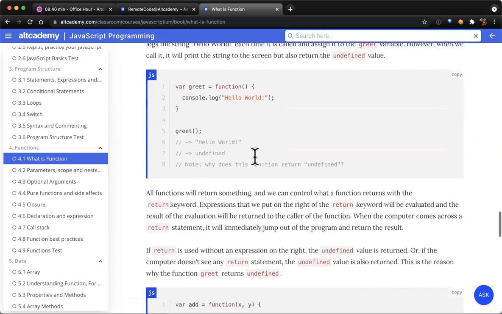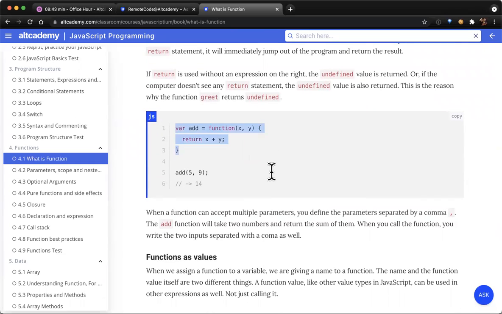Yeah. Okay. So here we have another simple function. It's just add. We will try to add 2 inputs together, so we call them x and y. You can name it anything you want, A or B, or number 1, number 2. It's just easy naming x and y because it's following math conventions. What it does is return the sum of x and y. So you do return x plus y, and when we call it with 5 and 9, we get 14. So yeah, this one's very straightforward.